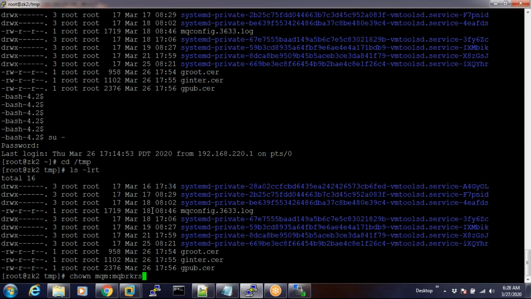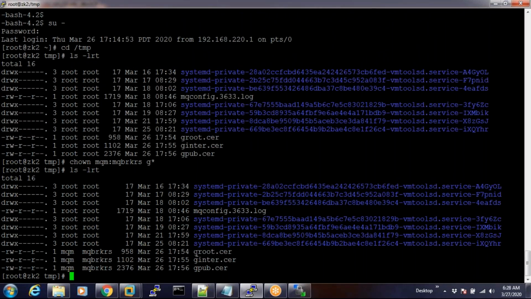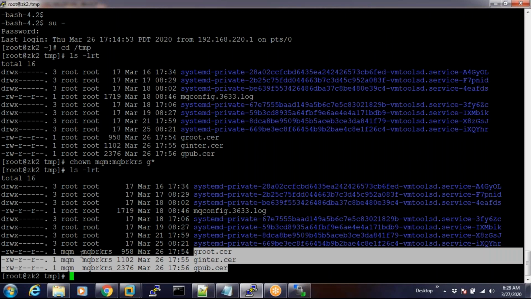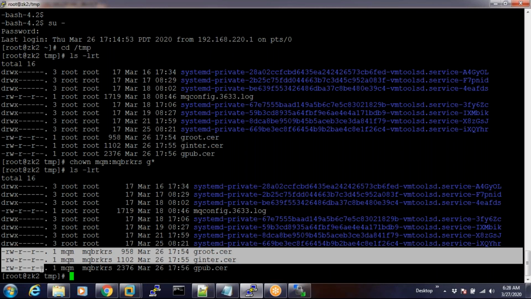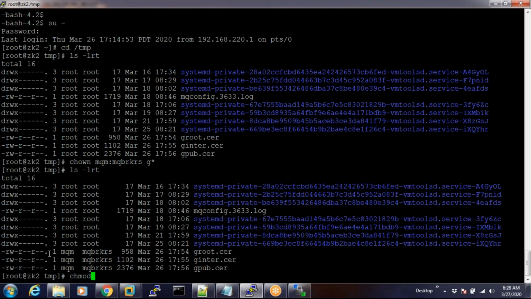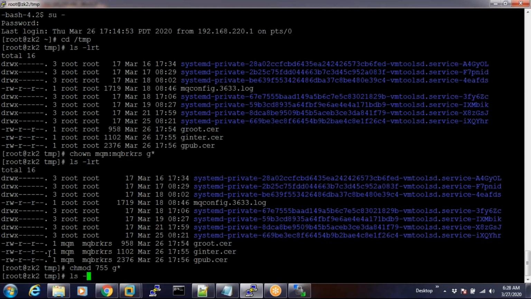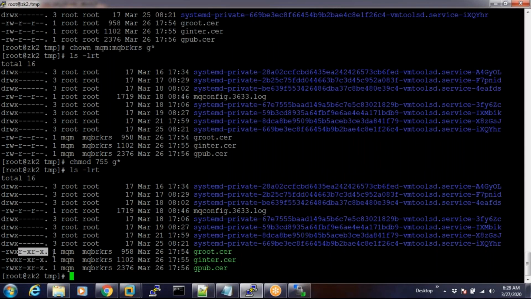mqm:mqbrkrs, G star. So all my file names which start with G are going to have mqm:mqbrkrs ownership. Then chmod 755 G star, then ls -lrt. Yes, now it's done. Now switch back to mqm,